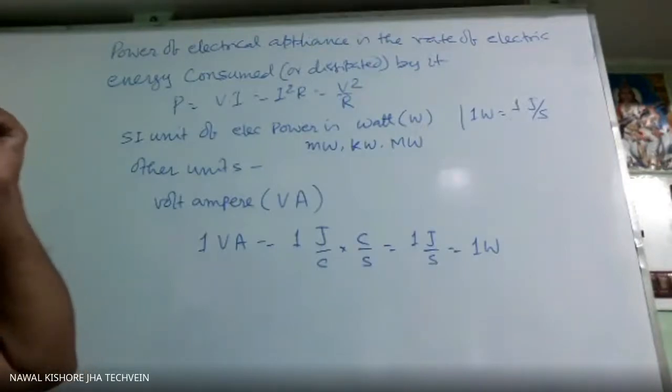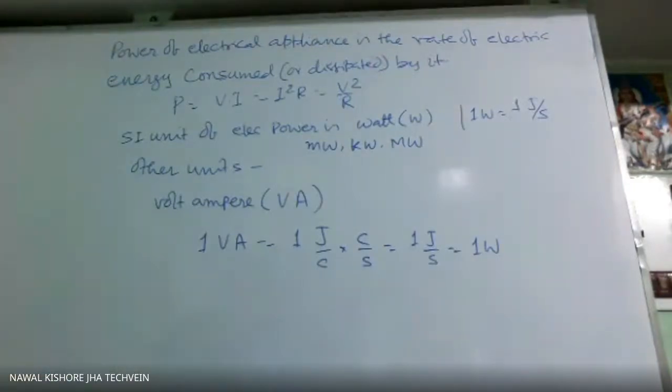Because for working of an electrical appliance, proper voltage is also needed. Suppose your fan is of 100 watt, but you are not giving proper voltage, its speed will be very less. Your bulb is of 100 watt and it requires suppose 220 volt and you are giving only 100 volt. Naturally, it will not give sufficient light. It is not giving sufficient light, that means its power is not same as whatever is marked.